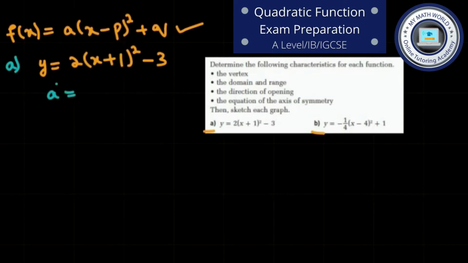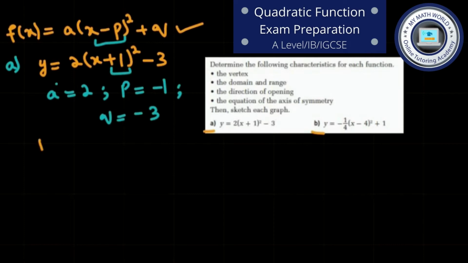this a is equal to 2, p is equal to minus 1. Be careful when doing the comparison of this p with this value, and don't ignore the negative sign. Okay, so that's why we have p as minus 1 over here, and then q which is minus 3. Okay, then